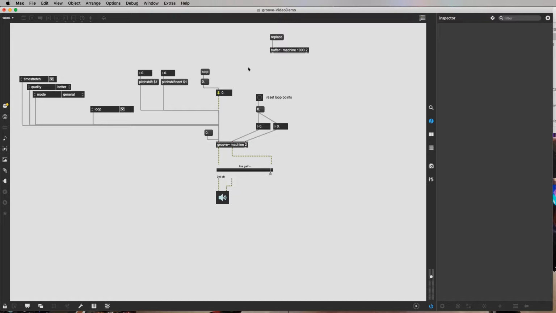Now, something that would be useful is to know a little bit about how long the sound audio file is that's loaded into the buffer. Since timing in Groove is absolute in milliseconds, I'd like to be able to update maximum loop points and not go over my loop points when I'm adjusting these controls. So unlock the patch. Buffer will send out a bang when a file read operation is completed. That's useful